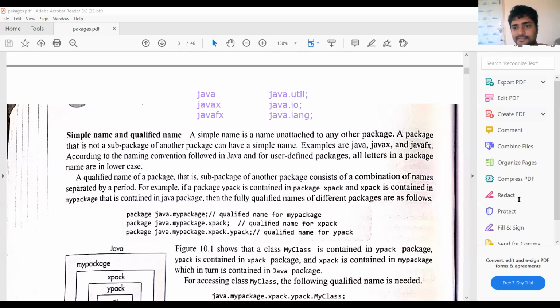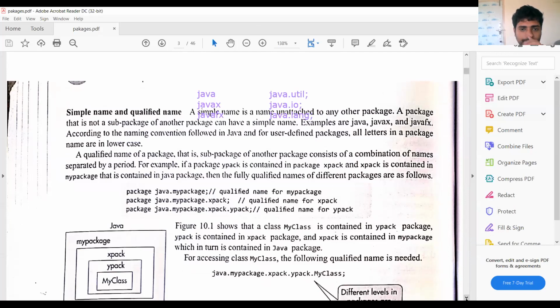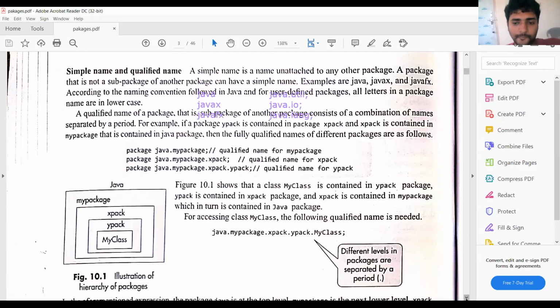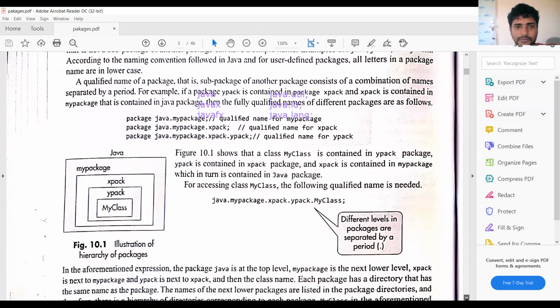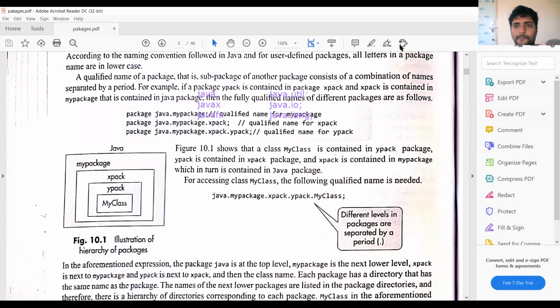Let us check some examples regarding this. See this example. Package java.mypackage.